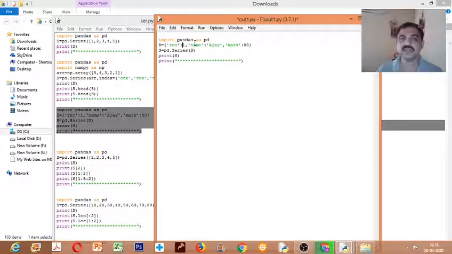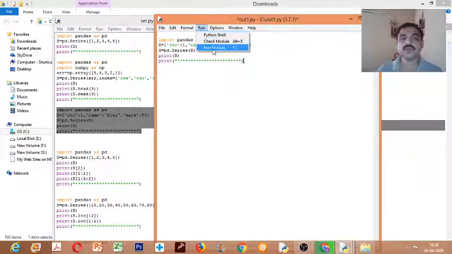That means roll number, name and mark are the keys of the dictionary. 1, Ajay and 80 are the values of the dictionary. So the dictionary is created. If I want to create a series from a dictionary, I need to write pd dot Series, then pass the dictionary, then display it.